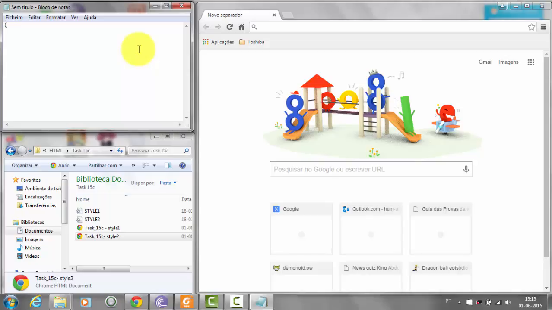Inside these curly brackets go the property for the style followed by a colon and the property's value. For example, if you want to set the text in style h1 to be center aligned, it would appear like this.